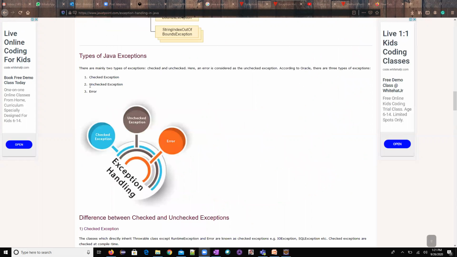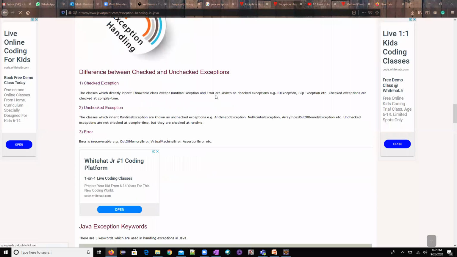If you see here, we have 3 types of exceptions we discussed: checked exceptions, unchecked exceptions, and errors. Unchecked exceptions are runtime exceptions. Checked exceptions are compile time. Perfect. If you read all these definitions you will get confused.